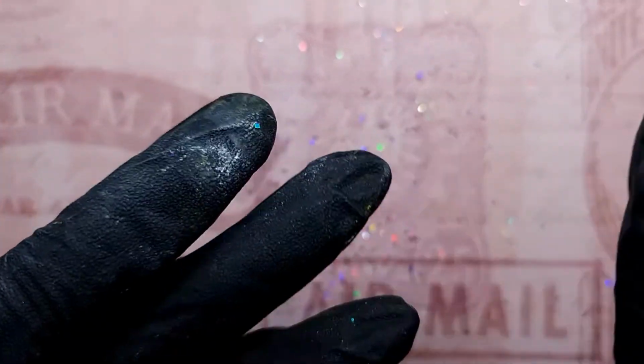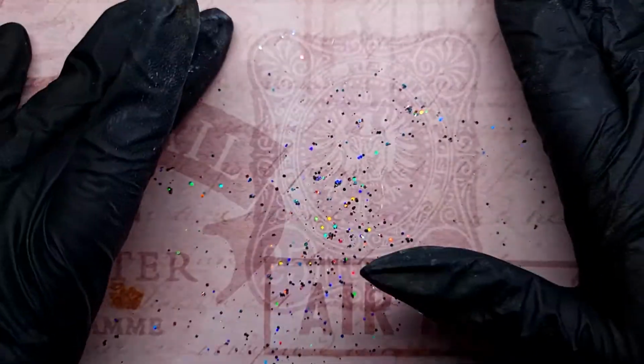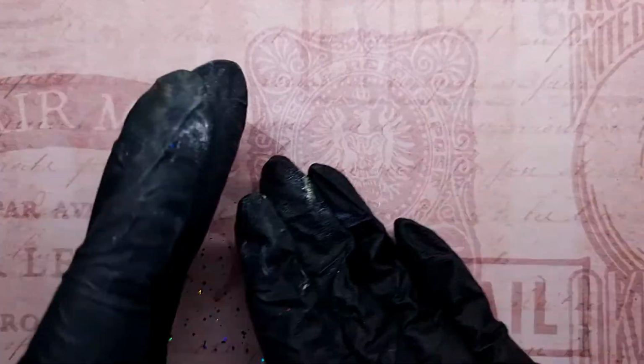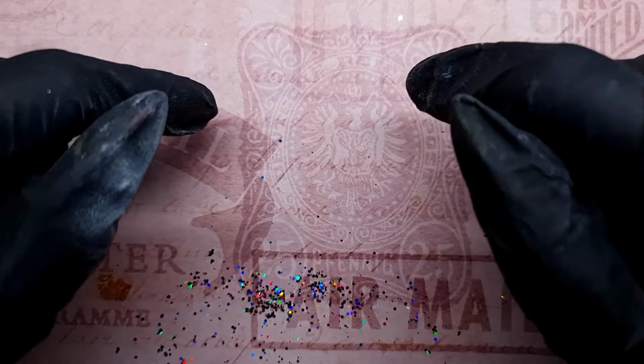So, things happen every time and you never know exactly what's gonna happen with the product. It might just go bad or whatever. So I'm gonna clean up my area here because look at this beautiful mess that I made. I'll clean up, and I will put an update if I do get one before